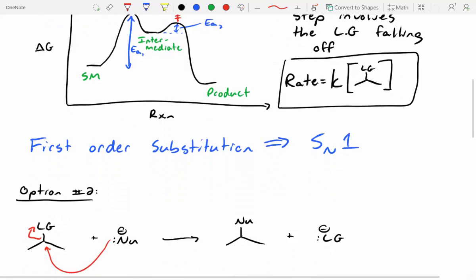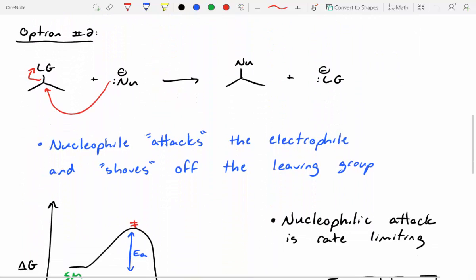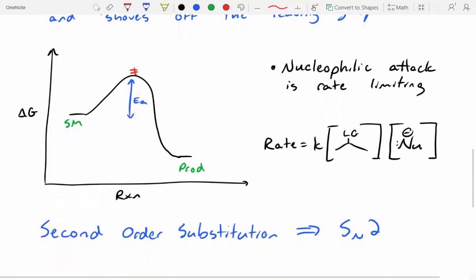So pretty straightforward. Option two is more like what we saw in the quiz, where the nucleophile will attack the carbon, that's the electrophile, and shove off that leaving group. When you do this, it's bimolecular, and the nucleophilic attack of that carbon is now rate limiting, and you can describe the rate equation